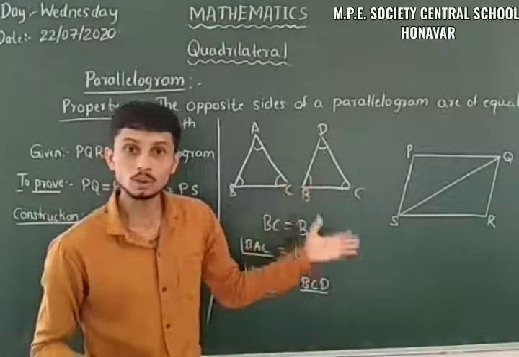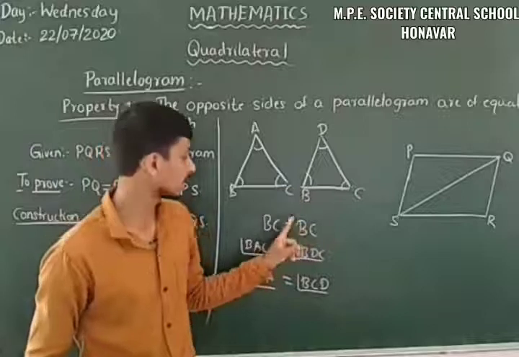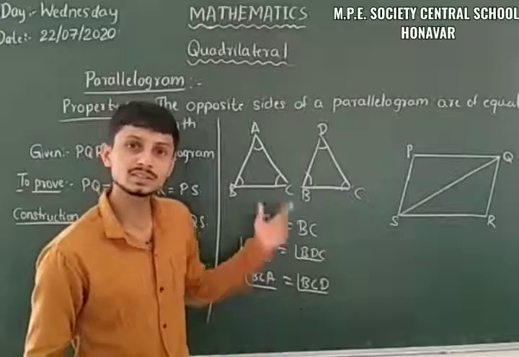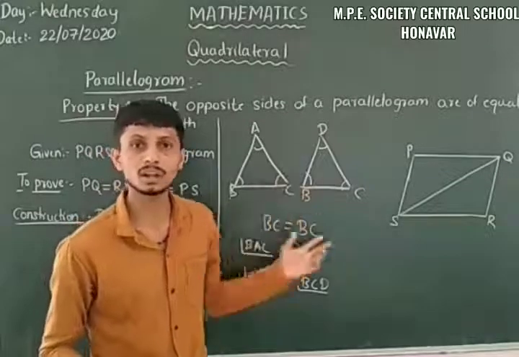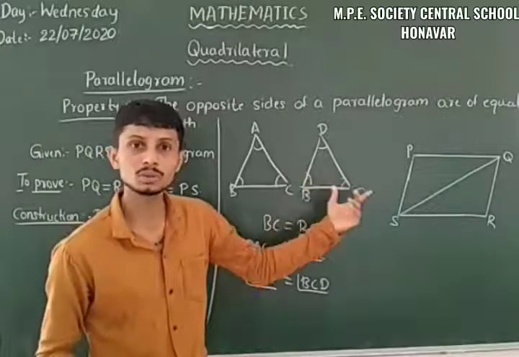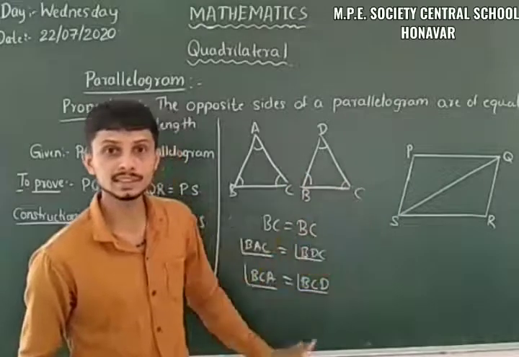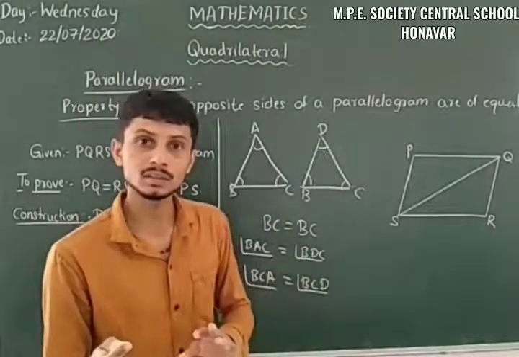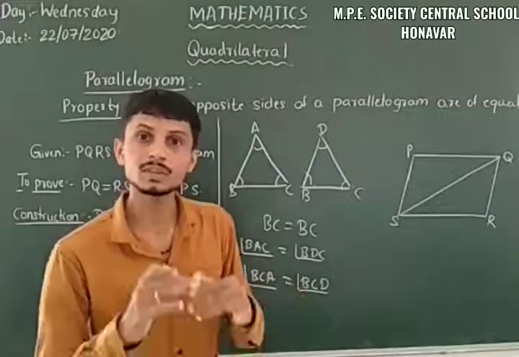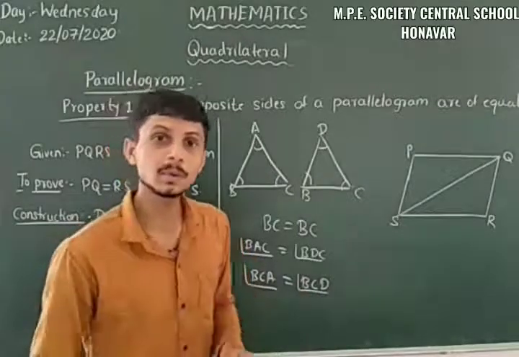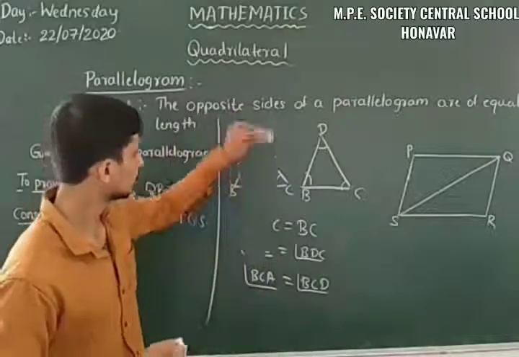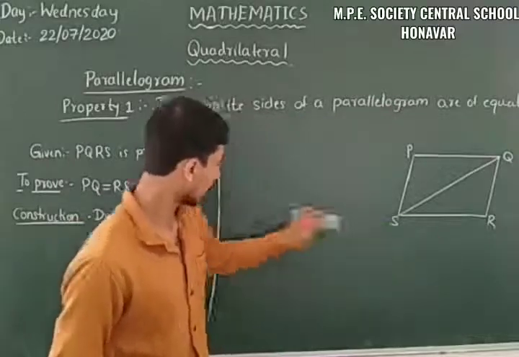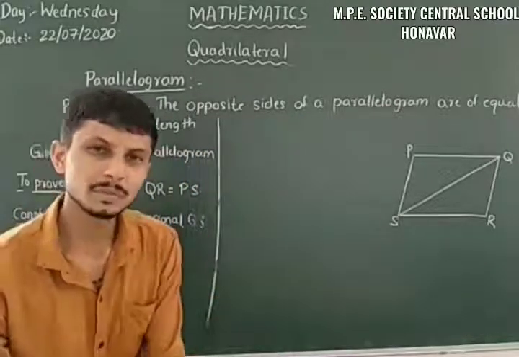So this is about the congruence criterion. The ASA criterion means angle, side, angle. Then if all the sides of the two triangles are equal, that is SSS. When we take two equilateral triangles, the sides are equal, and when the sides are equal, the whole two triangles are equal. So this is about some of the criteria of triangles. You also study this in the triangle part, so I just mentioned it here.